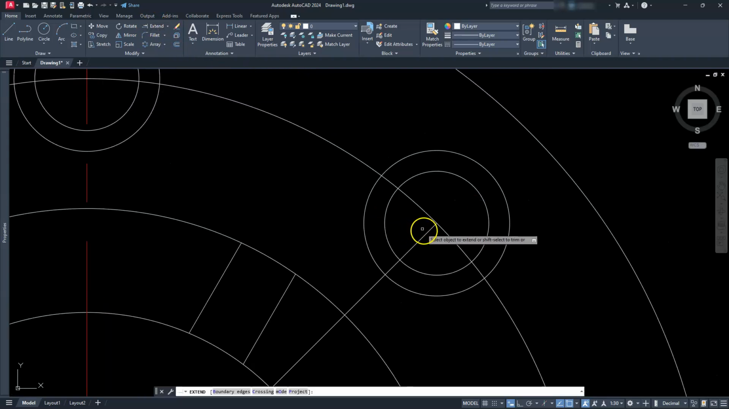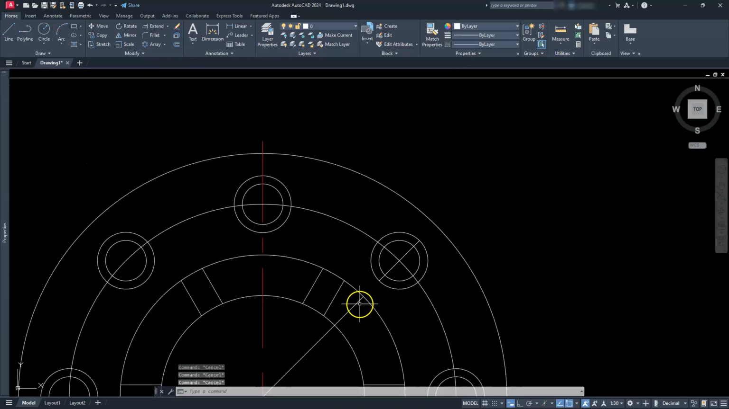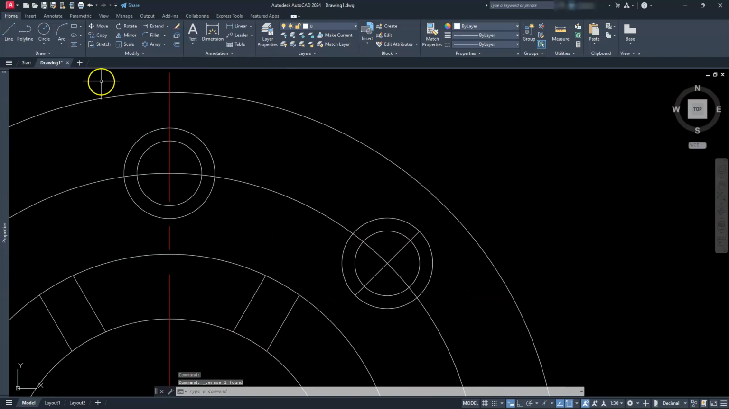So I'm going to go to Extend, and I'm going to extend this all the way to here. I'll hold down the Shift button and trim off this portion here. Go ahead and escape out of this command. Let me go ahead and delete that. And then I'm going to use the Lengthen command. So modify, Lengthen,